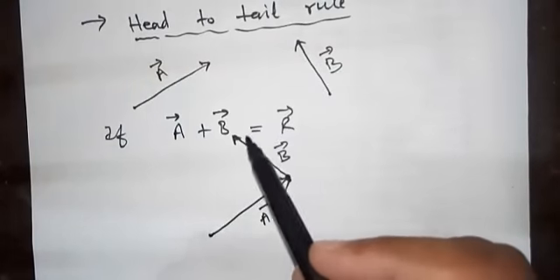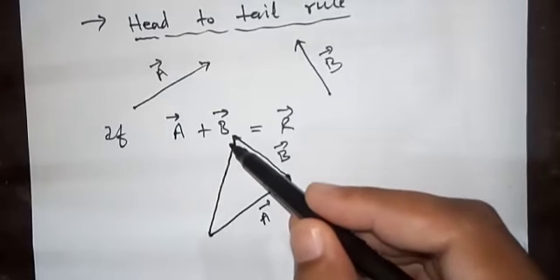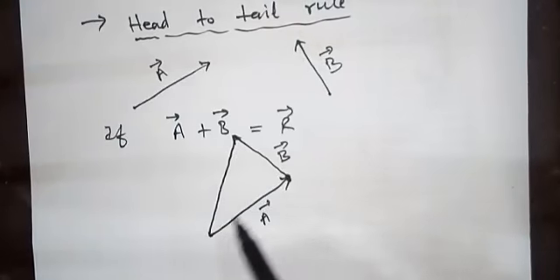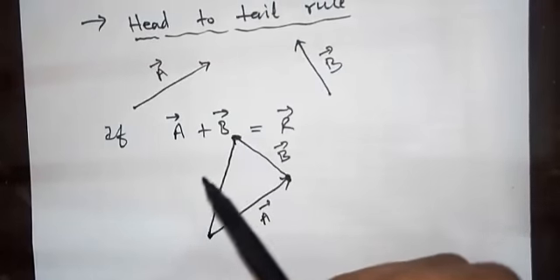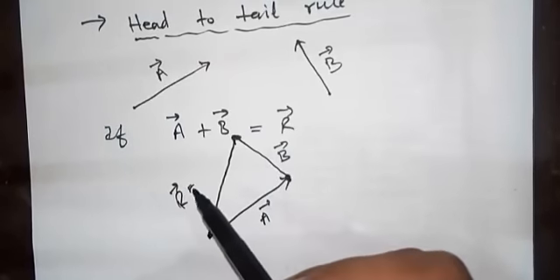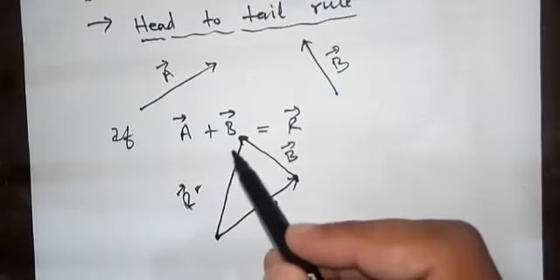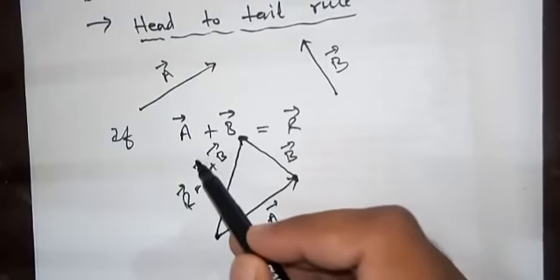So now we have to connect the tail of the first vector with the head of the last vector, and this line, which is obtained by connecting the tail of the first vector with the head of the last vector, which is B, is called the resultant line. Because we are adding the vectors A and B, the resultant is also a vector. So according to this addition, we will obtain A plus B.